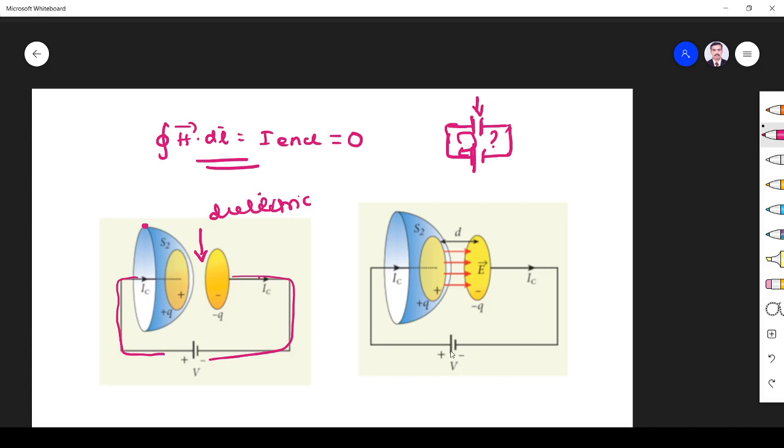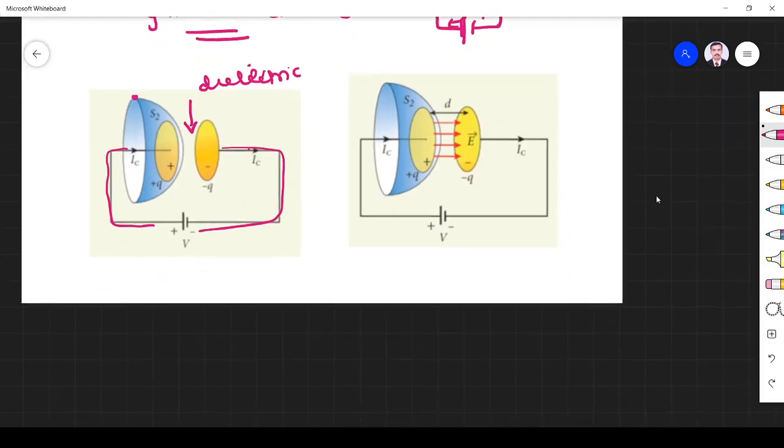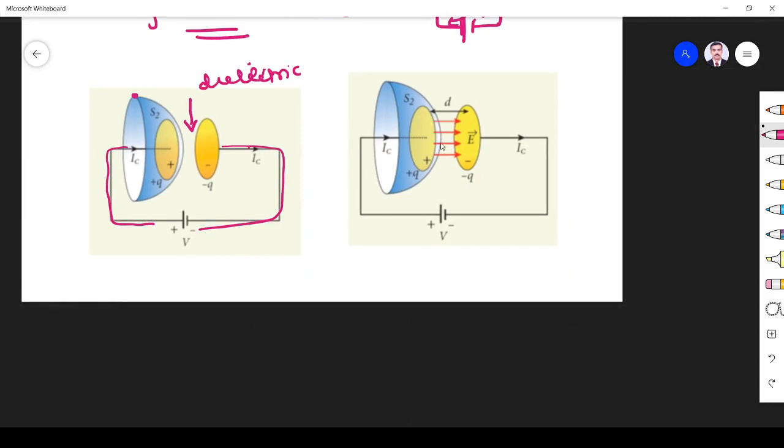So when the capacitor is connected across this battery, what happens? It will be inducing charge in the plates, right? And that accumulation of charge creates an electric field, because the charges are stagnant here. So that electric field is creating current. Yes, here charges will accumulate, here positive charge, here negative charge will accumulate.